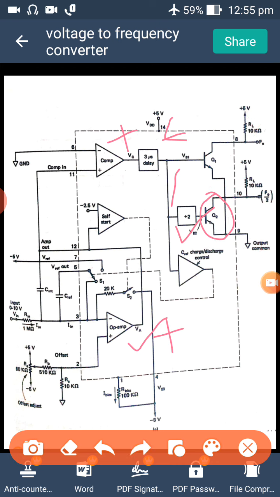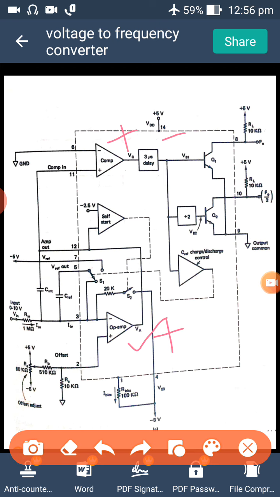Okay. Then this low, which we are getting here after the 3 microsecond delay, is again given to this circuit. First here, second here, then third here. This is the charge or discharge control. What will it be doing? Now the low signal is given to the charge or discharge capacitor control. If a low is given here, it will be disabled, meaning it is not at all having any connection with this reference. If low is given, this will be disabled, with no action or no connection with the further circuitry.